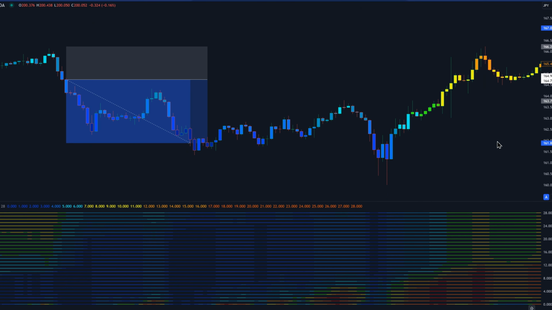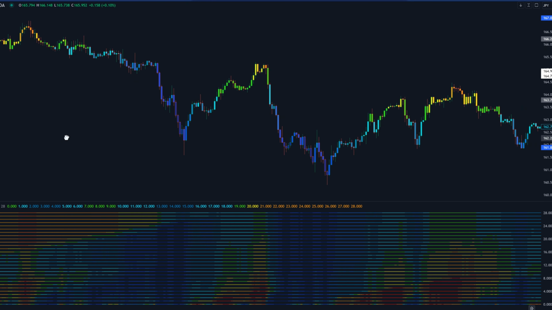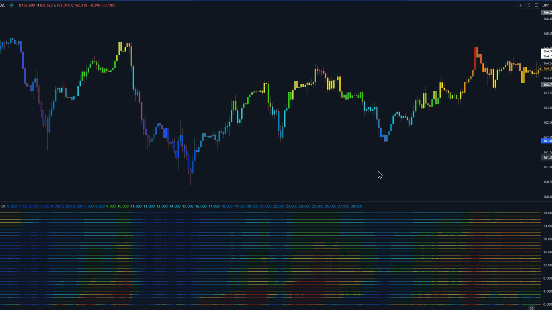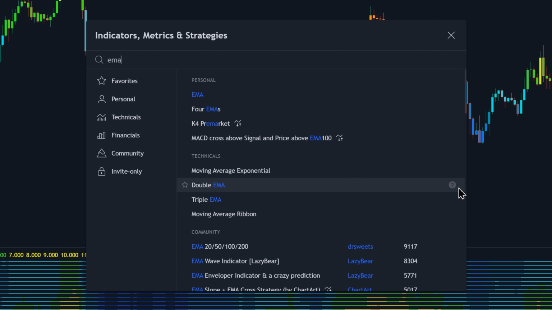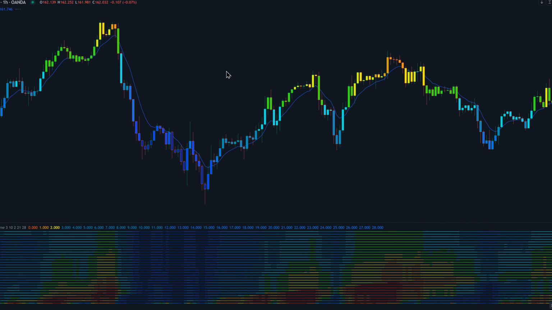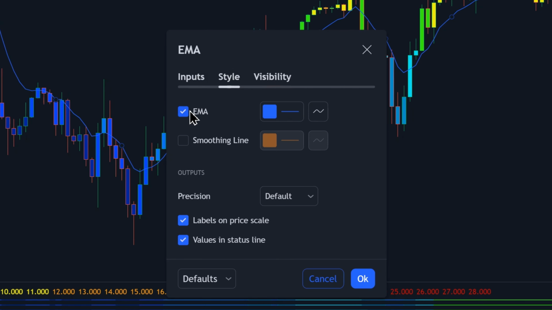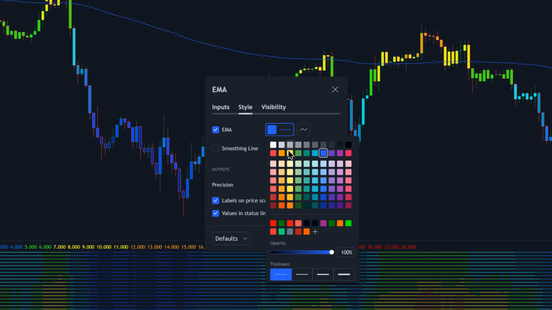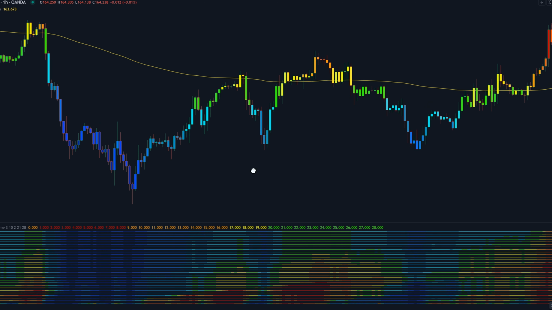But of course, just like any other indicator, this one cannot be used alone. But don't worry, we're not gonna add 5 more indicators. In fact, the only indicator that we're gonna need is a trend filter indicator called moving average exponential, aka the EMA. We're gonna double click on it and change the length to 200 because we wanna capture longer term trends. And on the style tab, I wanna make it a bit brighter, so I'm gonna change its color to yellow. After that, click OK. Next, we're gonna go over how we can combine these two indicators to create our super